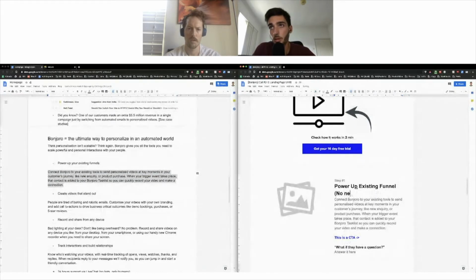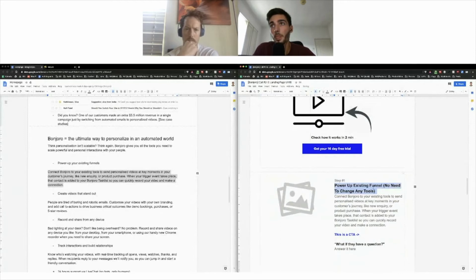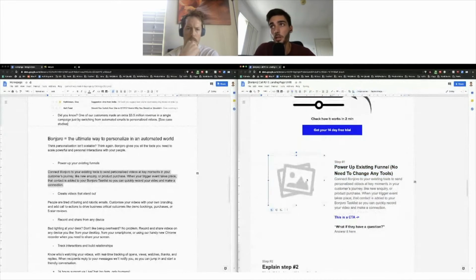No need to change any tools. And because this will be a little smaller, it would fit properly. Okay. Let's put 60. Right? And then the image would just be a Bonjoro icon